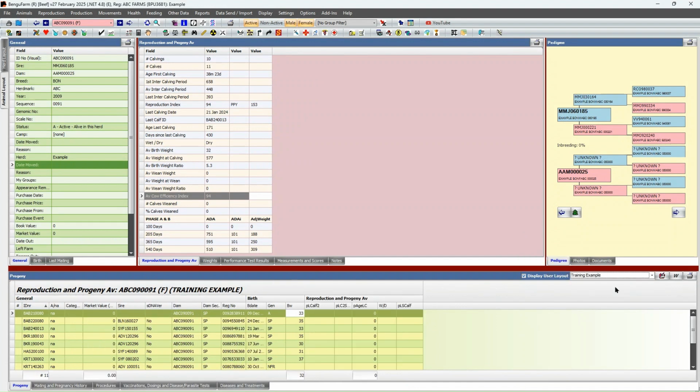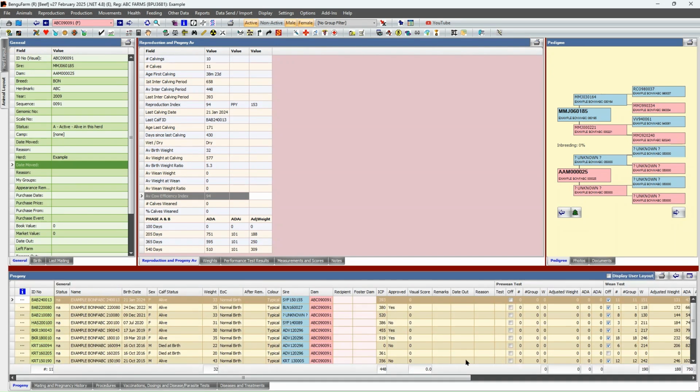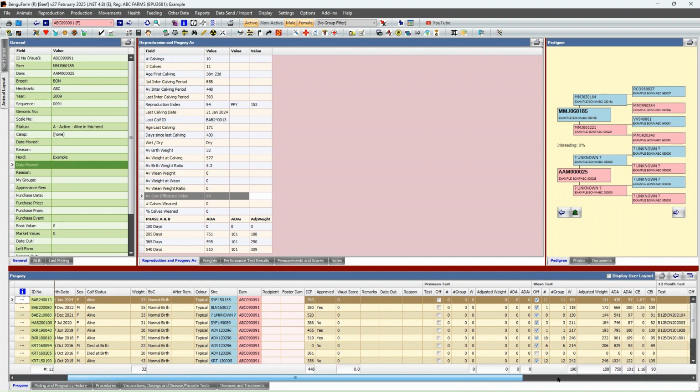So if we select it, the columns we selected and saved in the layout will be visible in our progeny. And you've got your different progeny animals here with the data in the layout that you saved. You can always deselect Display User Layout and the default layout will reappear.